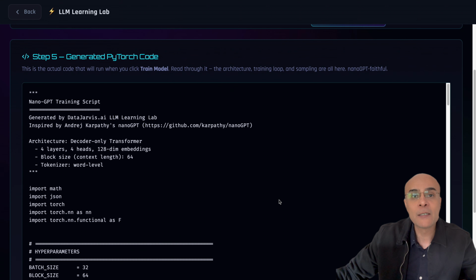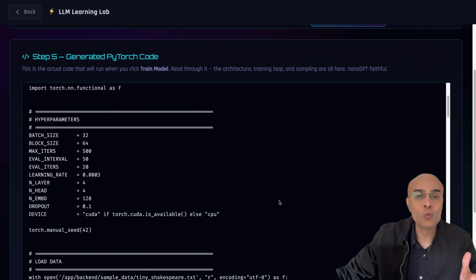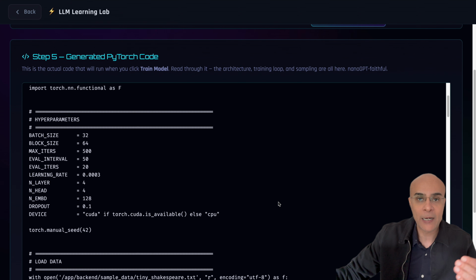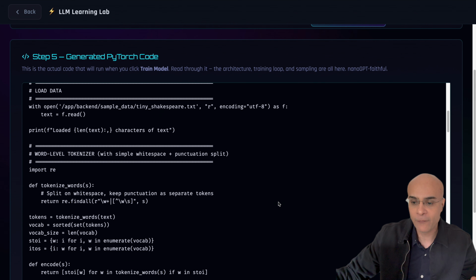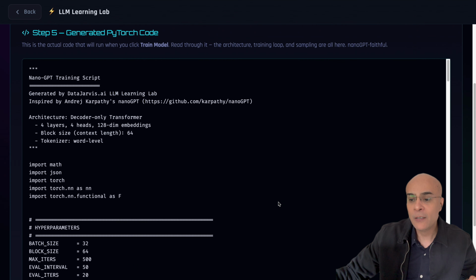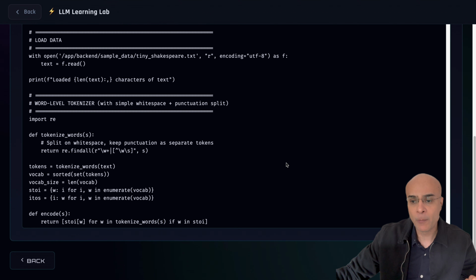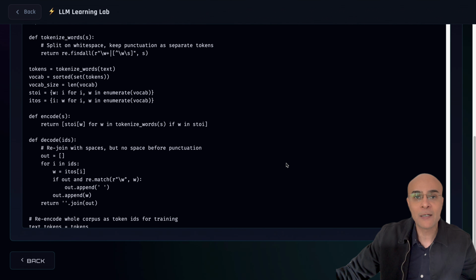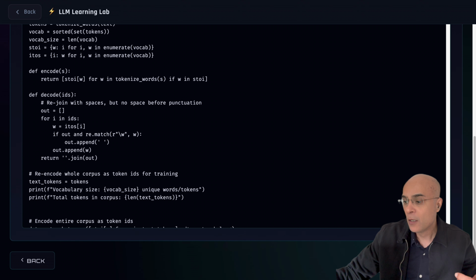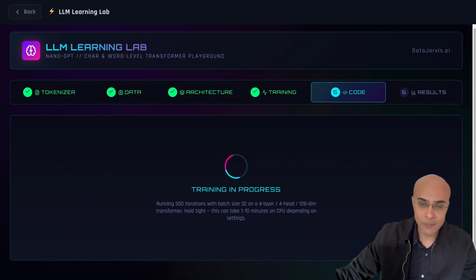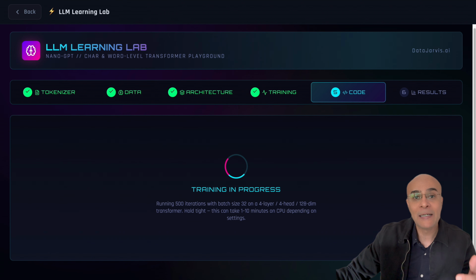So this is very interesting because you do not have to write the code from scratch, but the complete code for a large language model training is based on the parameters you have already set. And this helps you to accelerate the understanding and the learning of large language models. In this particular code also, I've given a lot of commentary so that you can easily understand what this code is about. Now, the next step is to train the large language model, and this step can take time,